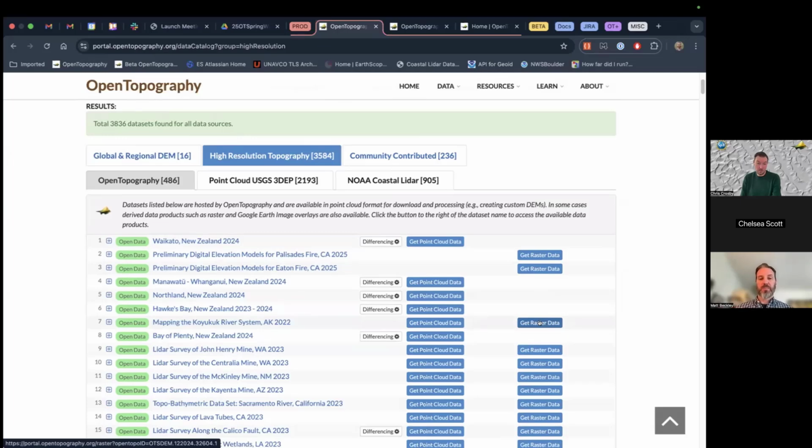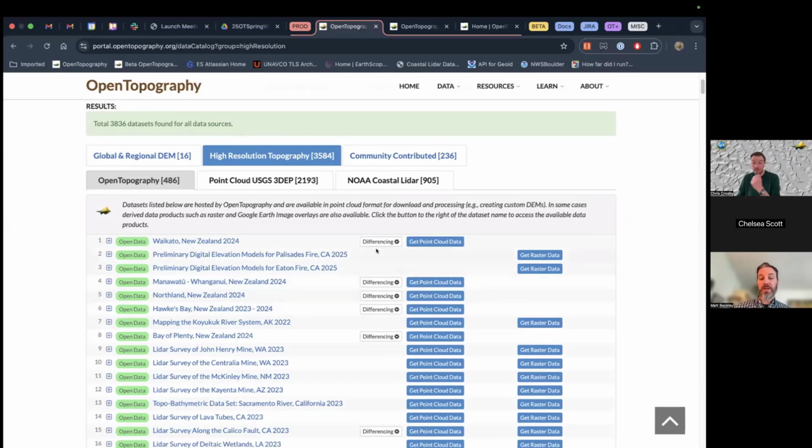So that's just one distinction. We'll go a little bit deeper in the next couple webinars about how to grid data from point clouds versus the pre-computed and what the differences are. But just be aware that that's what those buttons are and why not every data set has both buttons.